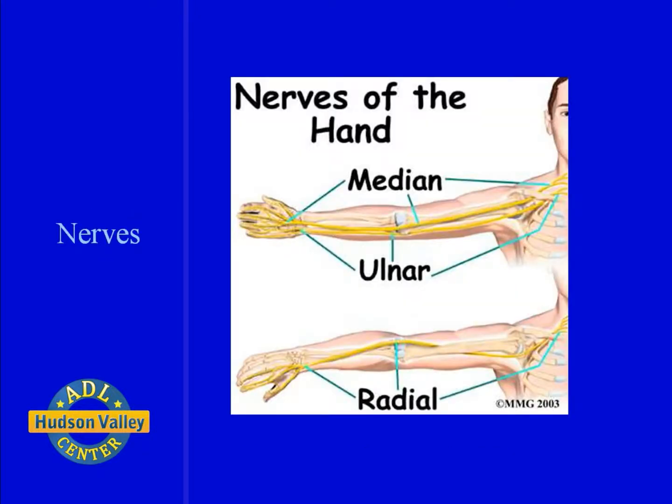Nerves. All of the nerves that travel to the hand cross the wrist. 3 main nerves begin together at the shoulder: the radial nerve, the median nerve, and the ulnar nerve. These nerves carry signals from the brain to the muscles that move the arm, hand, fingers, and thumb. The nerves also carry signals back to the brain about sensations such as touch, pain, and temperature.